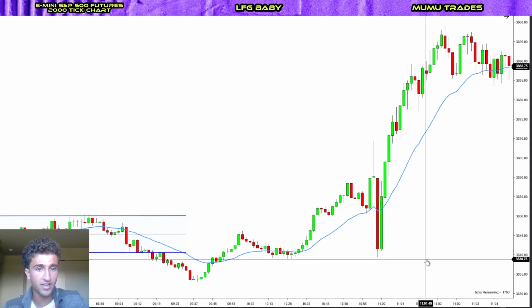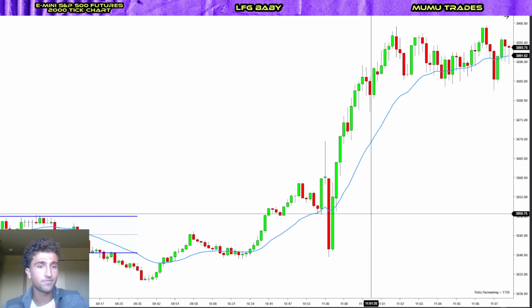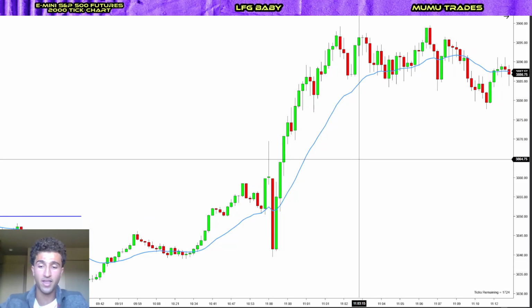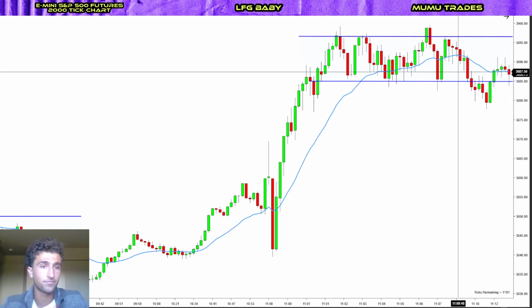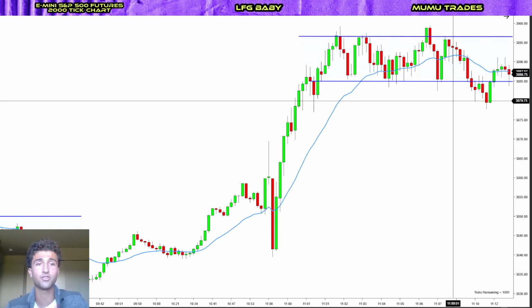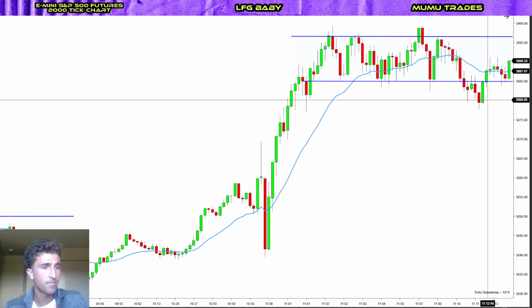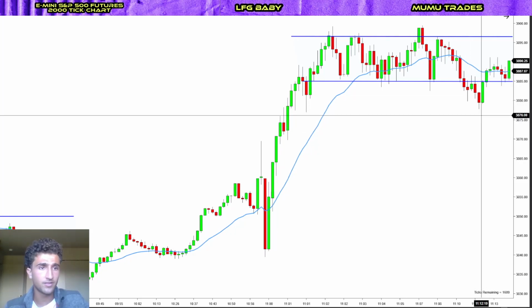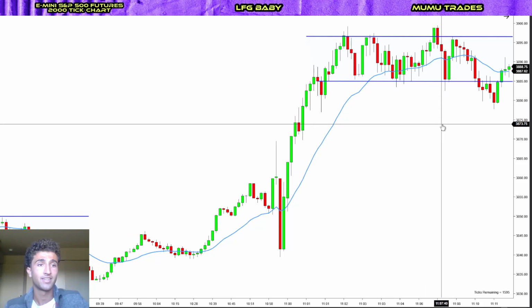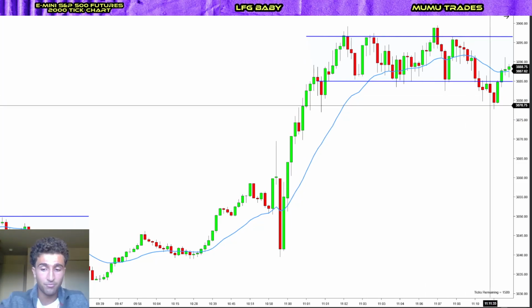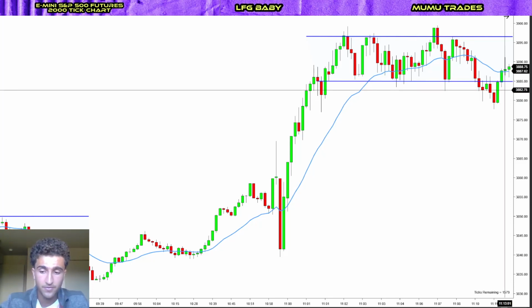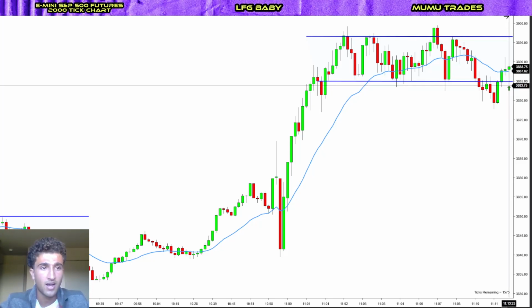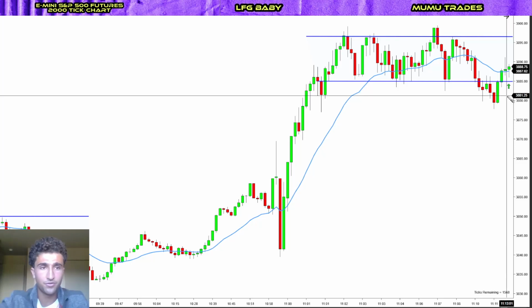So let's see if we can see anything that is worth taking. After the strong leg up, once again, we just had a break, followed by a trading range-like structure. At this point, there's really nothing that is really convincing to buy or sell. Here you have a higher low,